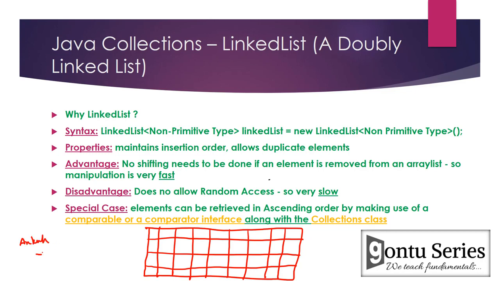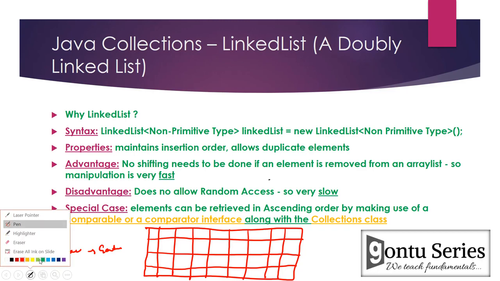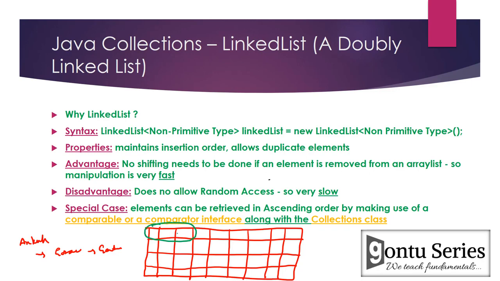Alright, let's say I'm storing Ankush, Gaurav, and then third element Gonto. Only 3 elements. Because this is a linked list, it's going to occupy 3 for this, anywhere in the RAM, 3 for this, anywhere in the RAM, let's say 3 here. So here let's say it stores Ankush,